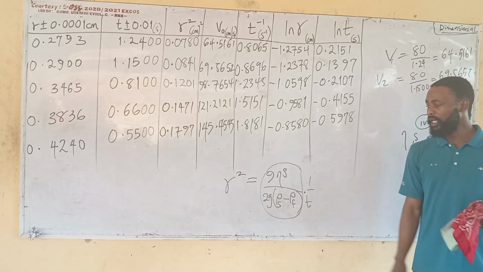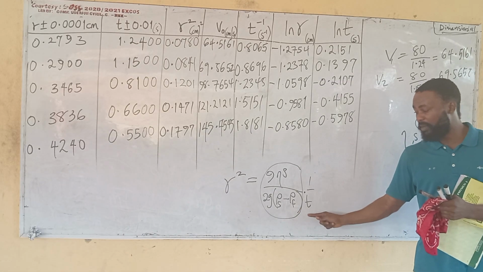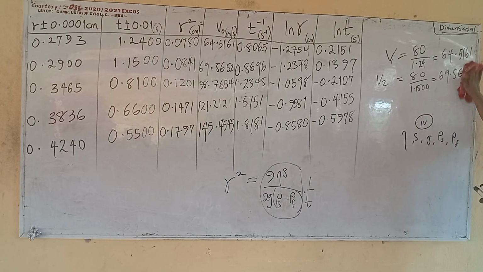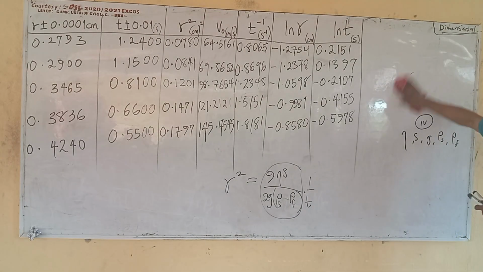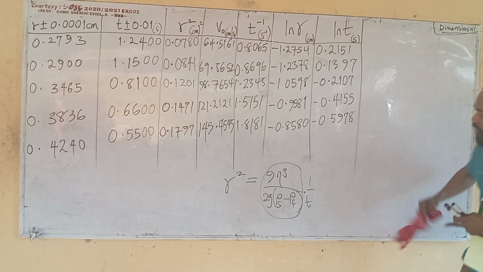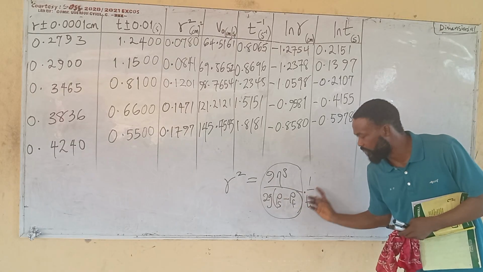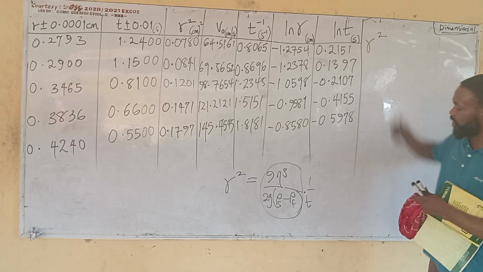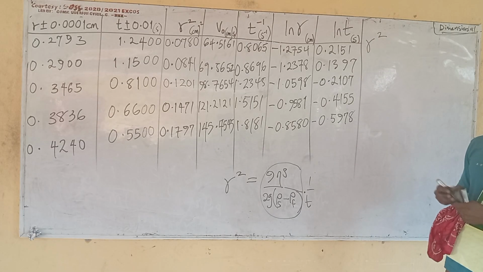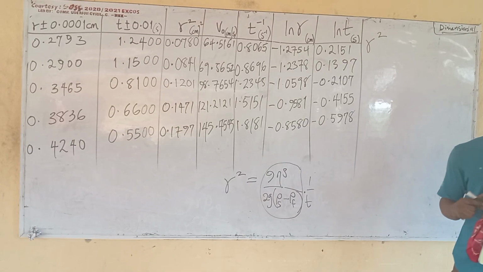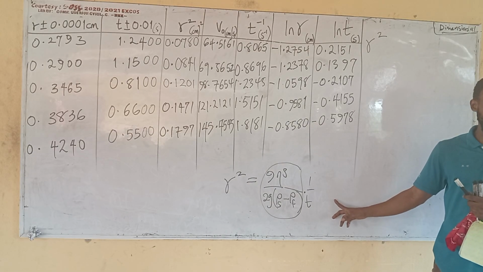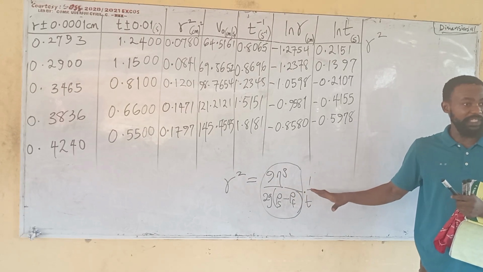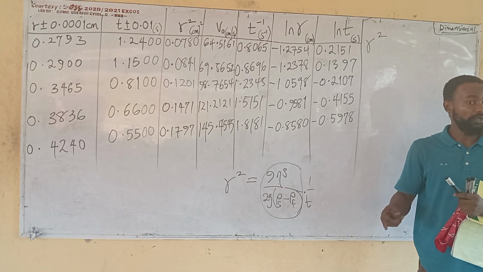If that be the case, notice that they did not tell me 1/T. What they are just saying is that I should make this and this the subject of formula so that it will be equal to this. So divide both sides by 1/T. Hope you know that 1/T is the vertical axis. What that question is saying is that when you get this thing that we've gotten as the equation of the line,